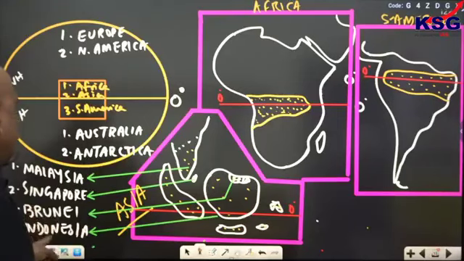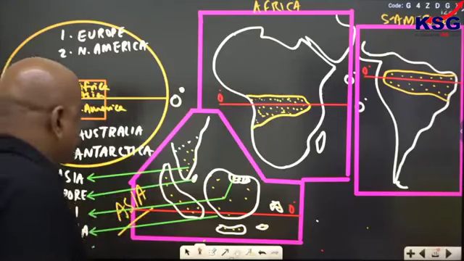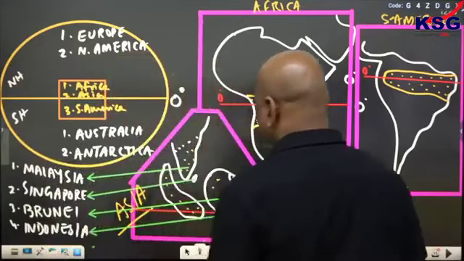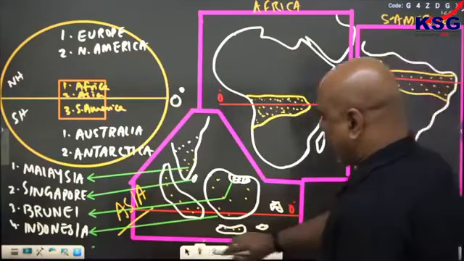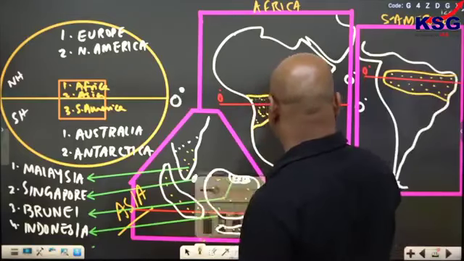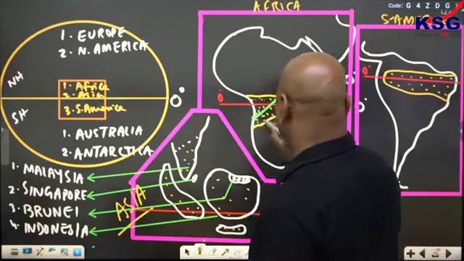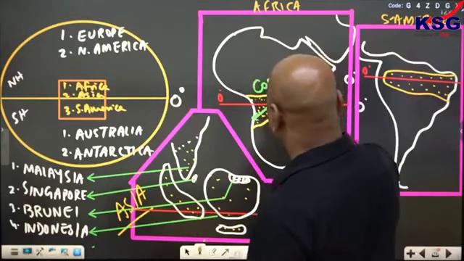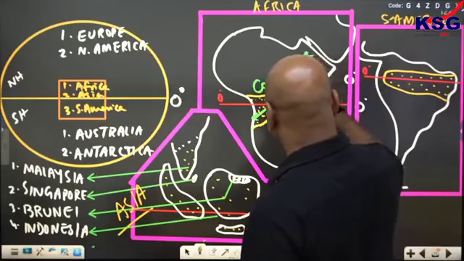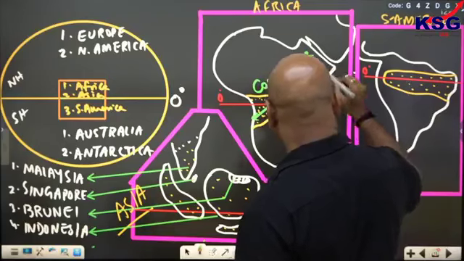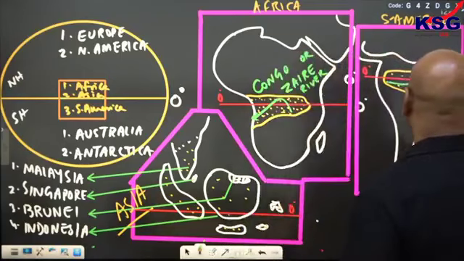Malaysia, Singapore, Brunei, Indonesia, all these are the countries where you have the equatorial climate in Asia. Asia में ये regions है. और अफ्रीका में देखो, this is the region where you have the river Congo or Zaire River Valley. Here you have the river Amazon